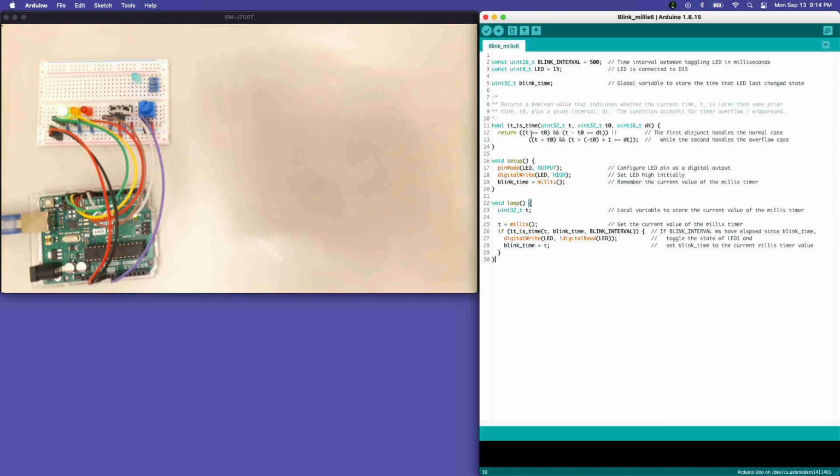But the fact that this actually will handle the behavior through the transition, through the rollover in a seamless fashion, I think is well worth the little extra complexity in the evaluation. So the if statement down here becomes: if it is time, t, blink time, blink interval, then flip the LED and remember the current time and blink time. And so that's a very natural way. You can almost read it as if it were written in English by the way